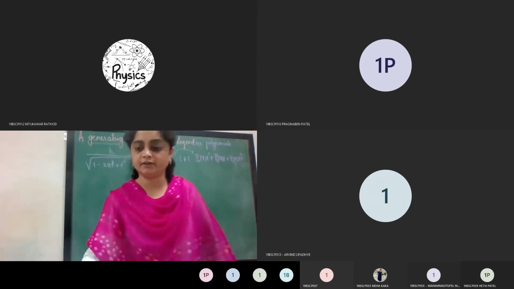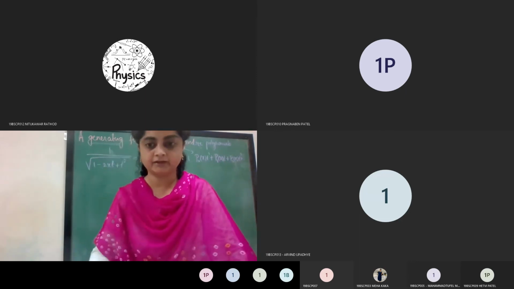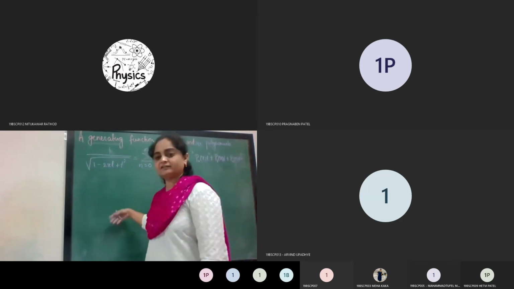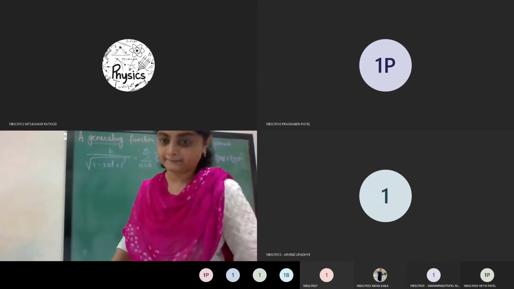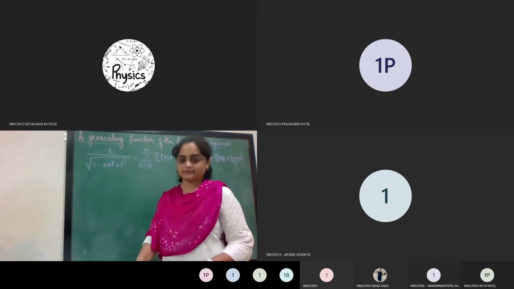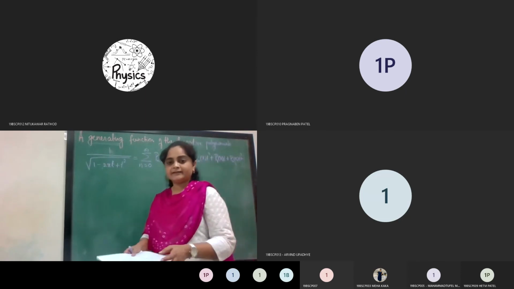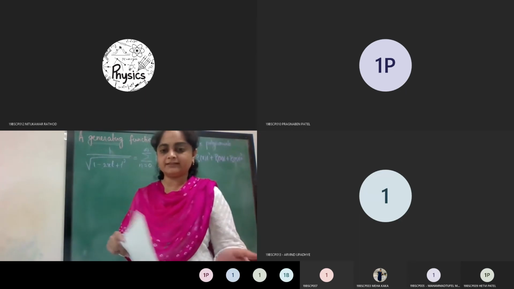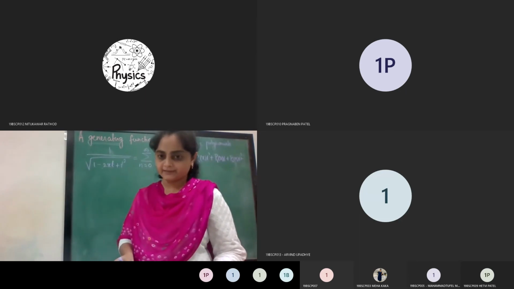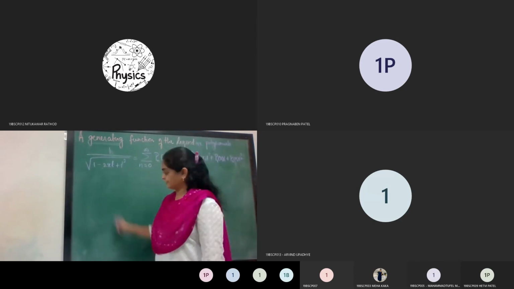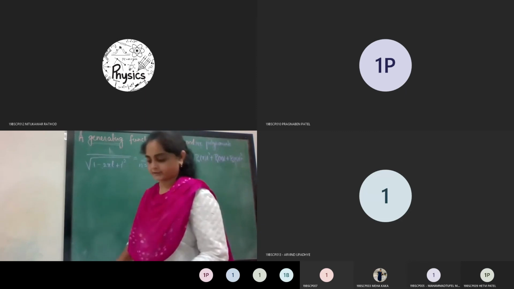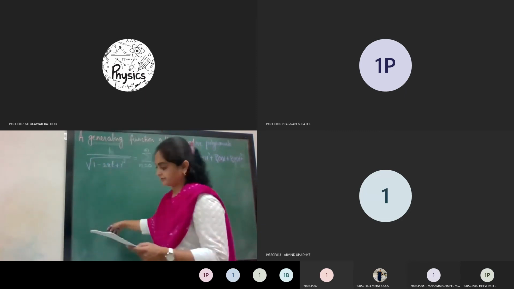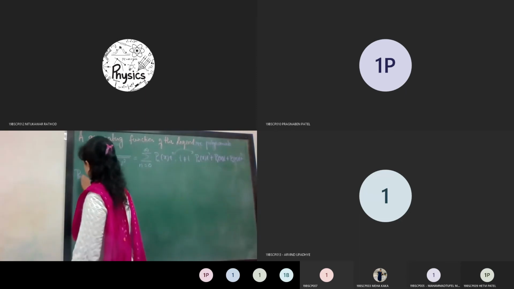Special function is one of the major branches of mathematics, and this is the basic ABCD of special functions. The result we have used is... Like calculus, algebra, geometry, these are the branches. Similarly, we have special functions as one of the branches of mathematics, and these are the ABCD of special functions. To prove this one, I need this result. That's why I have stated it. So let us start with the proof.